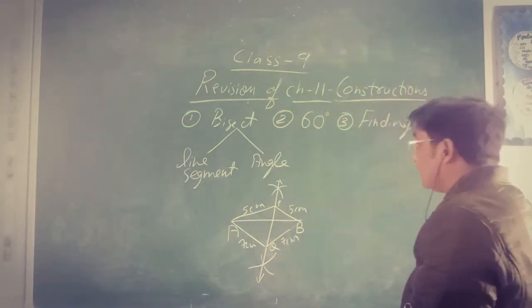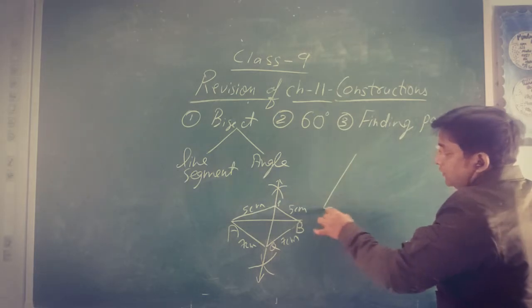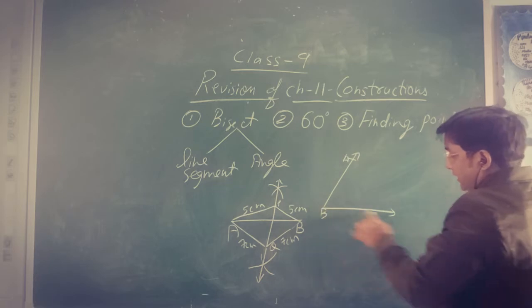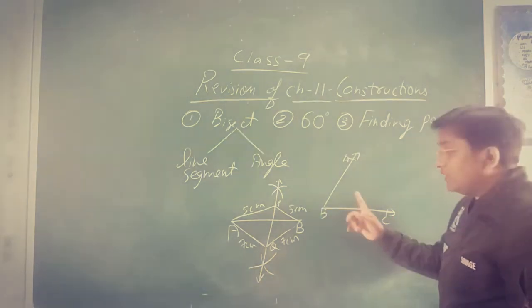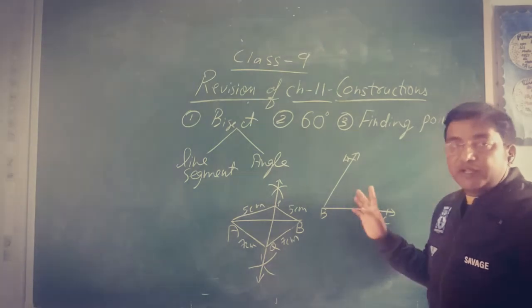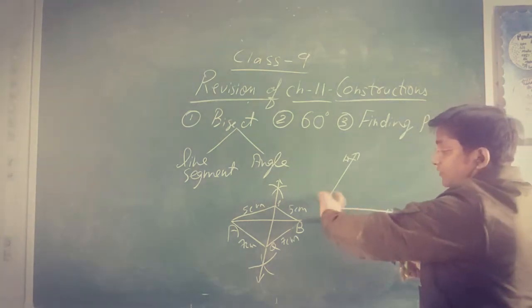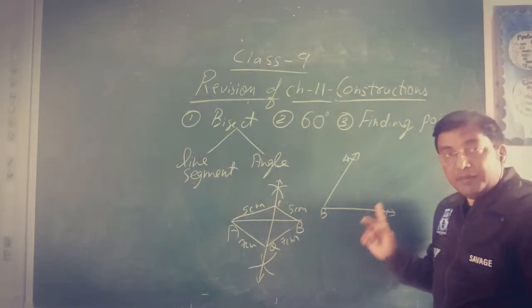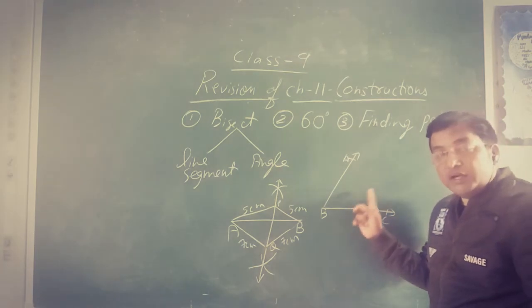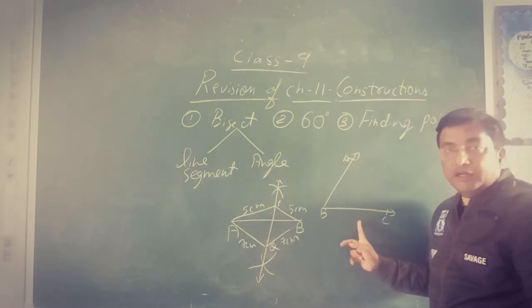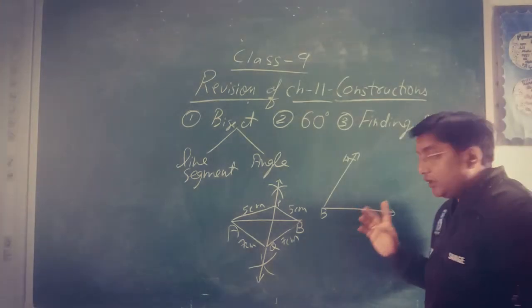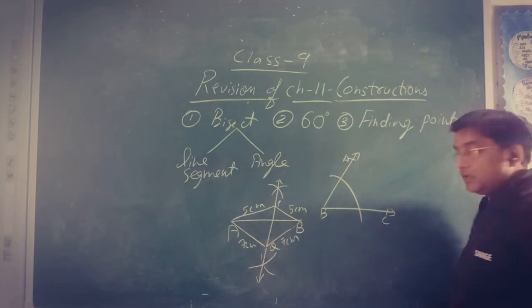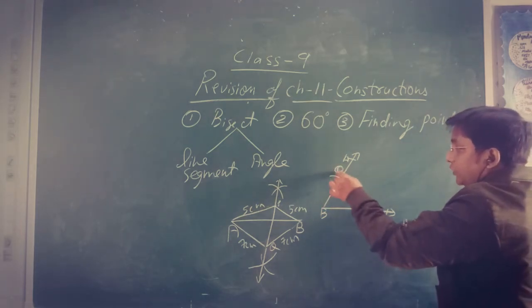Okay. Now let's come to the angle. A, B and C. This is an angle. Now in the angle, there are no corner points actually given, because the angle is measured like this. For that we have to find out the corner points first of all. Remember, the corner point is not given in this angle. For that, with any radius you want, you draw an arc like this. Let us give these the names P and Q.